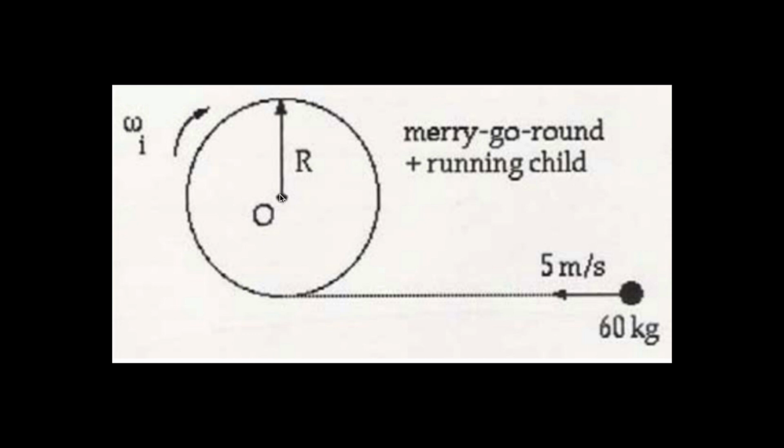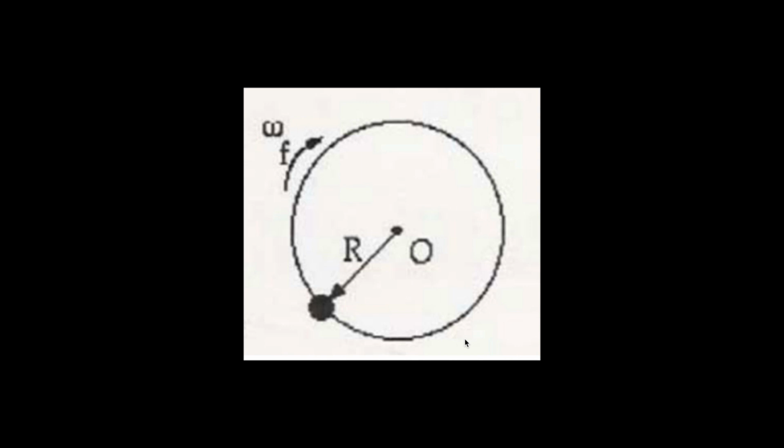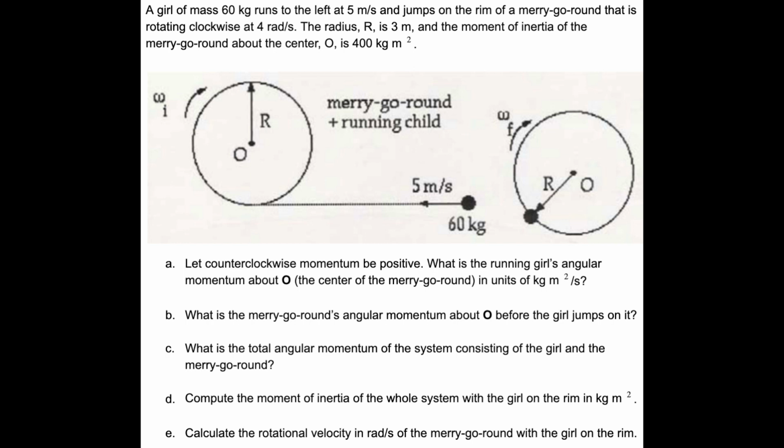in this problem. And in the second part, we see the merry-go-round rotating clockwise at an unknown velocity, which we will solve for later in the problem. And we still see that radius R, that center point O, and now the girl is on the outer edge of the merry-go-round. Finally, we've gone over the situation and the diagram, so now we are ready to solve for